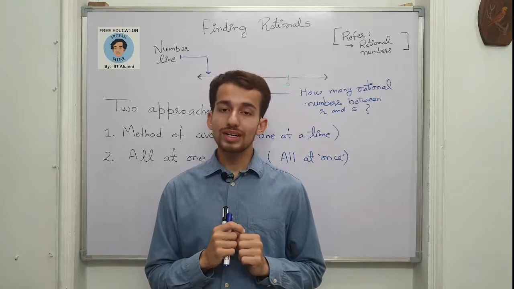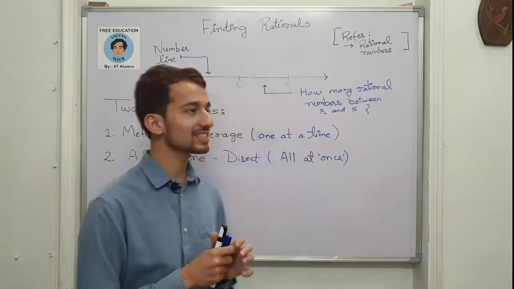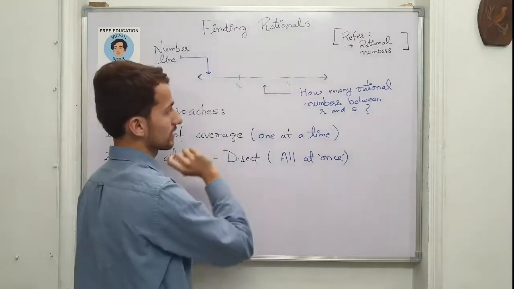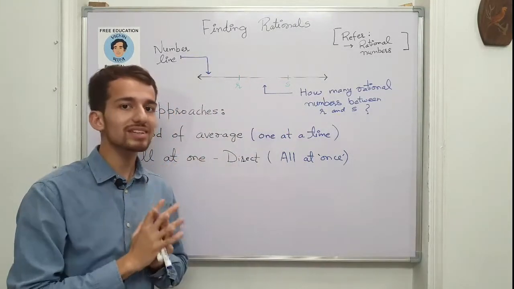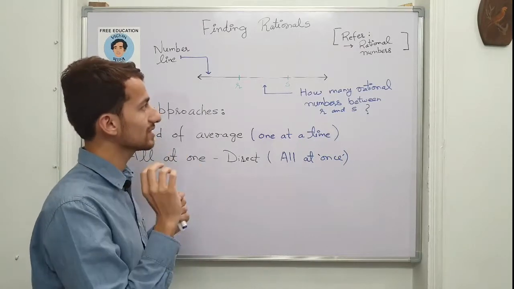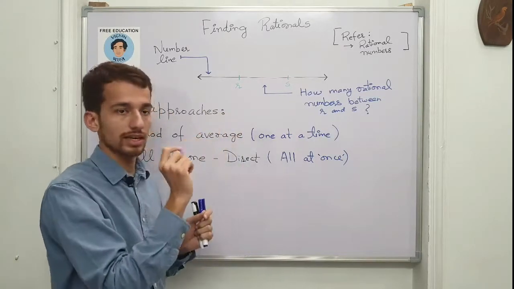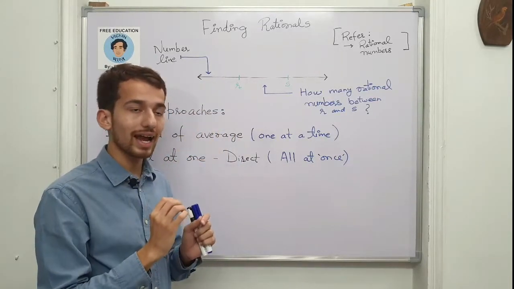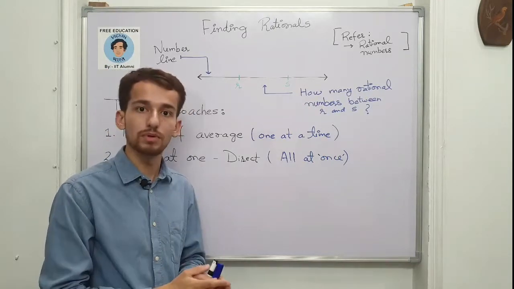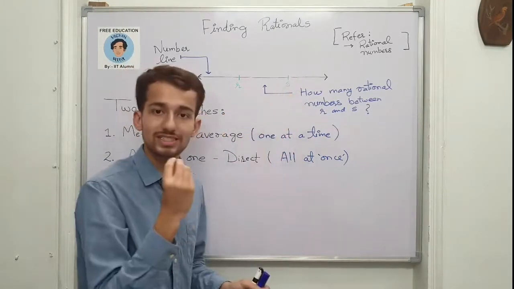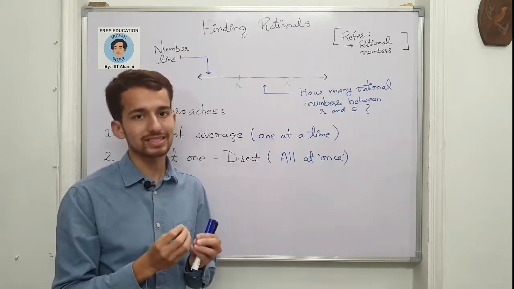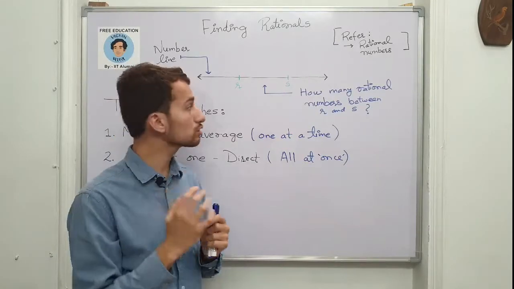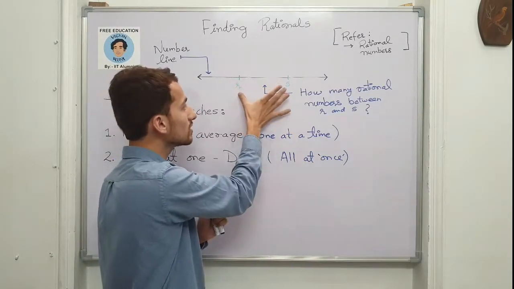To understand the idea more clearly, let's look at this whiteboard. Today we are given this number line, which we have already encountered in the previous lectures. There are two special numbers here which we have just pointed out on this number line, and of course these numbers are rational numbers. This R and S are two rational numbers, and we already know what a rational number is, which we have defined in the previous lectures. Our aim for today's class is to find a rational number between these two.